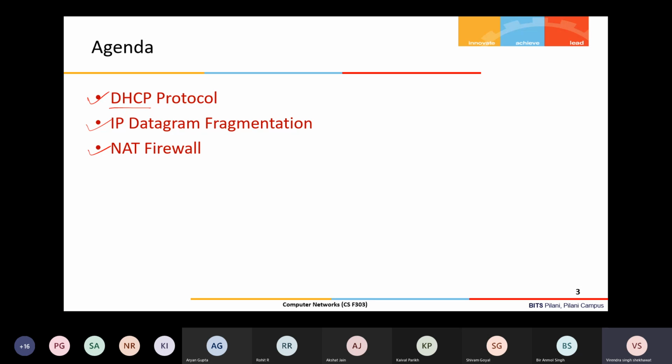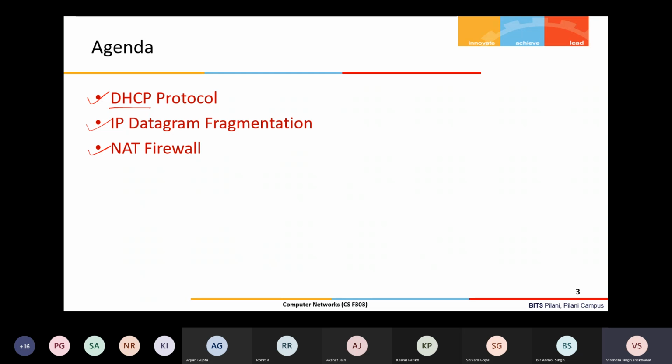This protocol is basically used when we connect a machine to our network. Let us say you come to campus and you are connecting your machine in your hostel room or in an institute building, either through Wi-Fi or a wired network. Then how does your machine get an IP address?